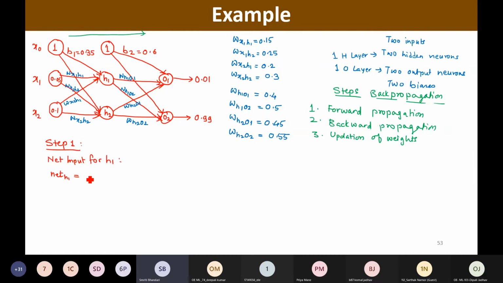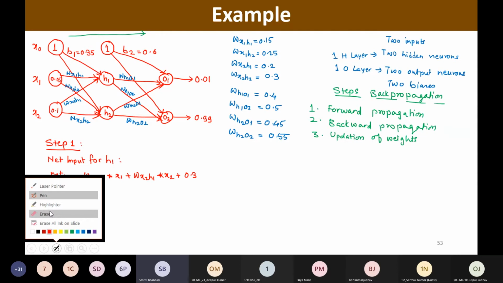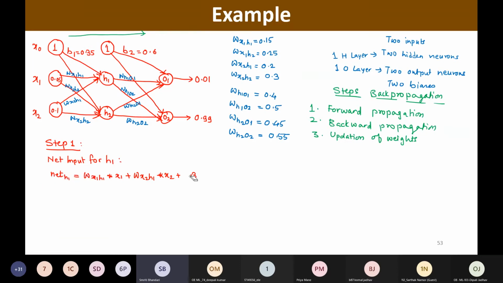So net H1 is computed as w_x1_h1 into x1 plus w_x2_h1 into x2 plus one more input which is 1 times the bias, b1 into 1, this is my x0, right? So if I try to solve this, what I'll get is